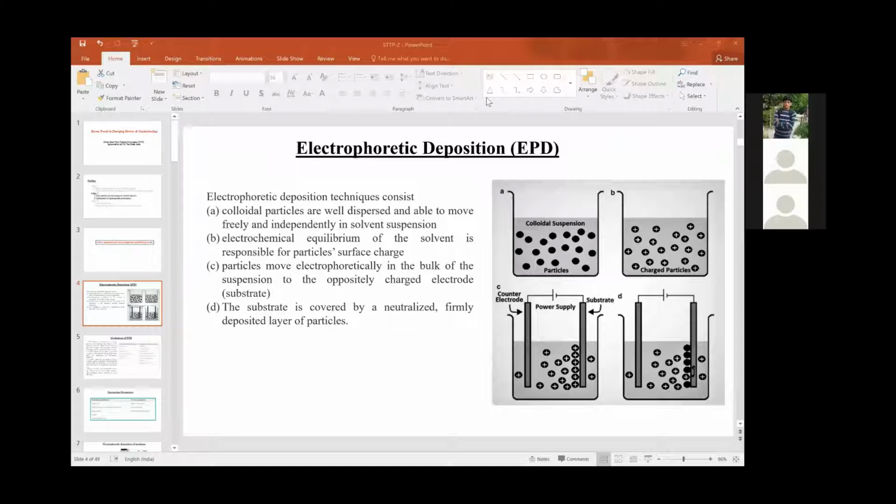Now, what are the benefits of EPD? Let me compare EPD and spin coating. I think you all know thin film deposition, but anyway, I can explain it in detail.